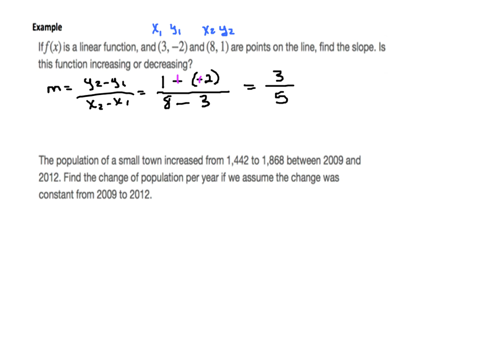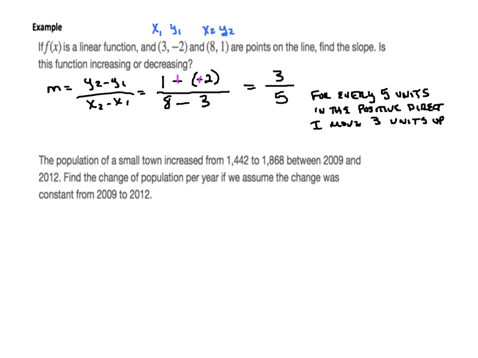What this says is for every 5 units in the positive direction, I move 3 units up to get to another point